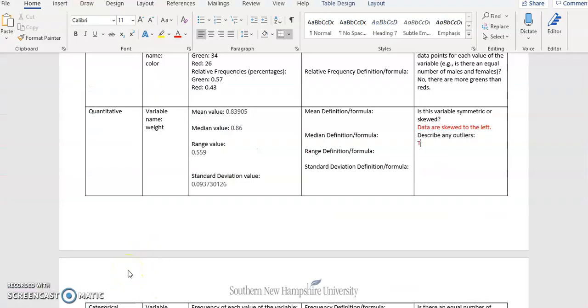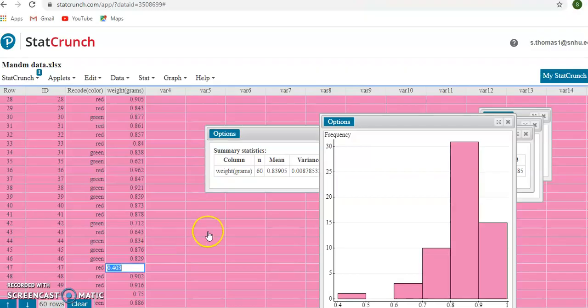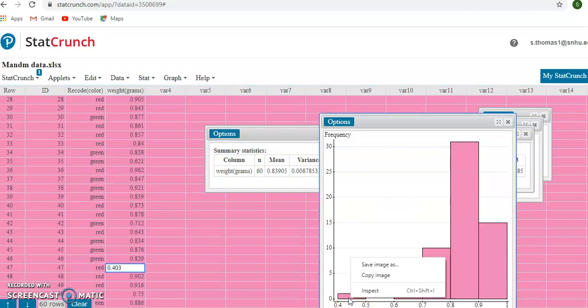So I'd say something like there is an outlier of 0.403. Again, I did something to make this all highlighted, and I don't want to mess around with it while I'm recording the video. But usually if you click on those columns, it will actually bring you